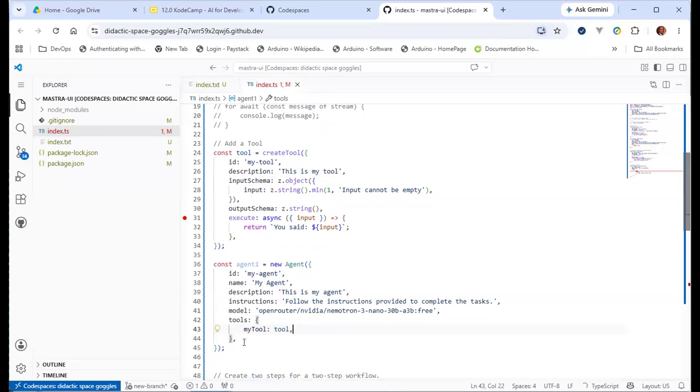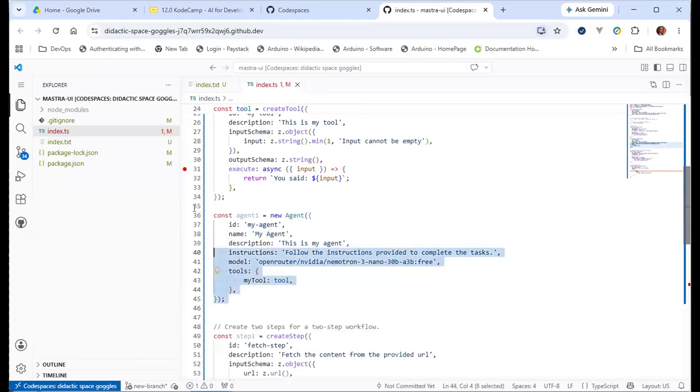That's what Mastra recognizes. So that when I want to reference any particular tool, I'll use this key that was used. It doesn't have to be what name it was given here, right? It can be anything. But if you want it to be the same thing, then of course you just keep it the same. So that's one way of adding a tool.